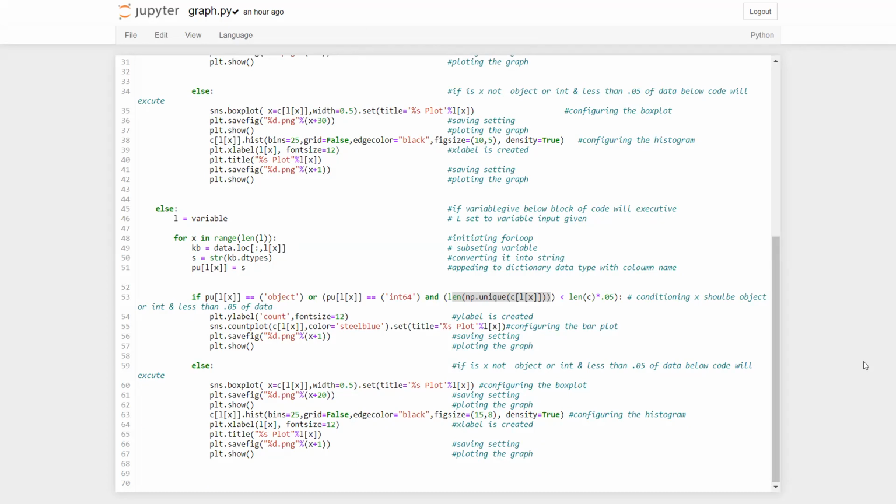In my next statement, the if statement, I check whether I have an object or an int, and whether the number of unique values in each variable is less than 5% of the total length of the rows; then I can consider it a categorical variable.